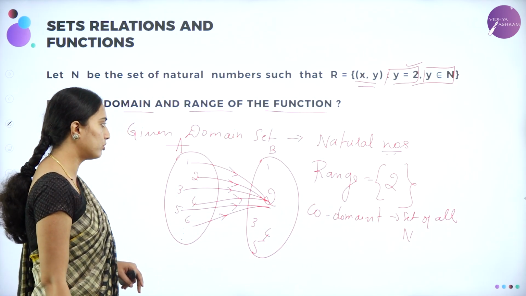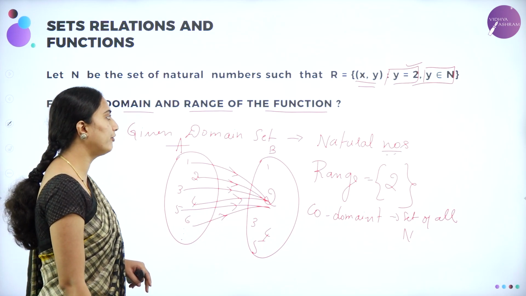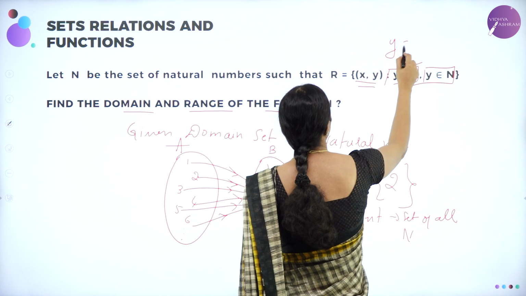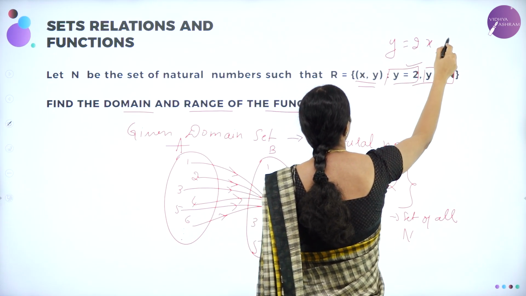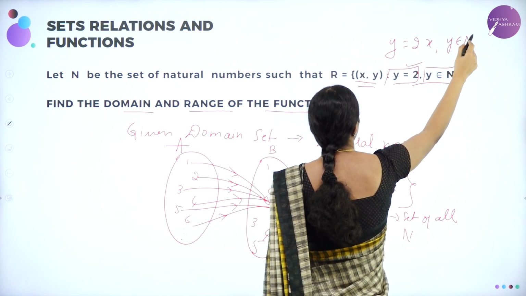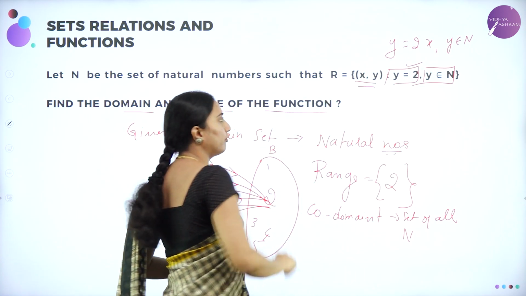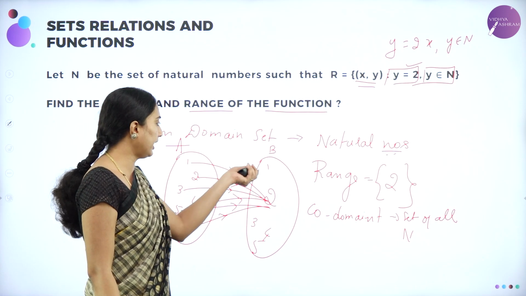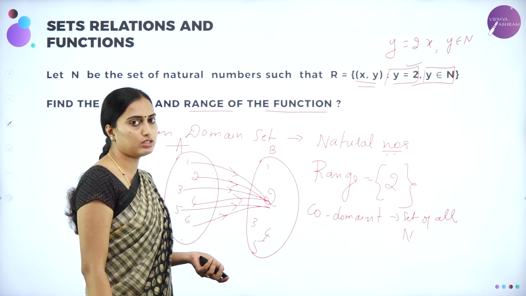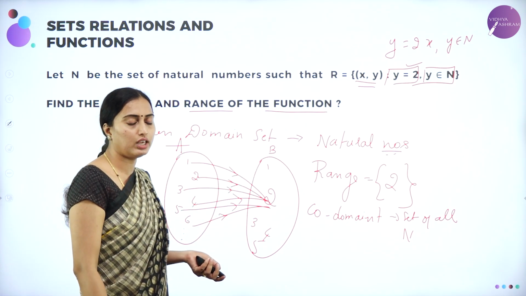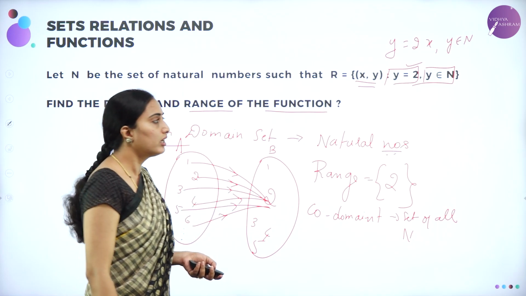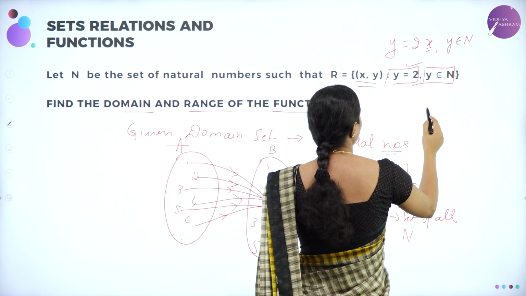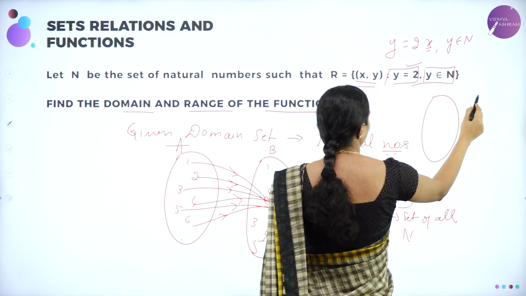Understood? Suppose the same question is defined like this, dears. Instead of y equal to 2, if they have given y equal to 2x, for all y belongs to N, and x they have already given as the set of all natural numbers. Therefore, what would you have for the second element, that means the codomain set? The codomain set is the set of all natural numbers only. What was the connected element? You can guess that at x equal to 1, this is what, for this function I am defining.